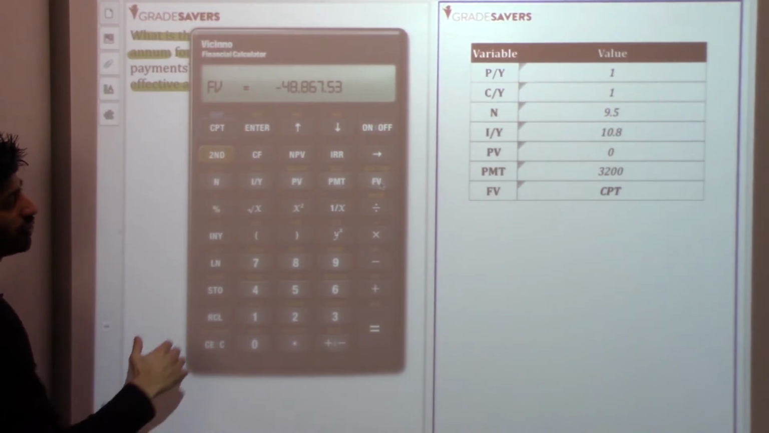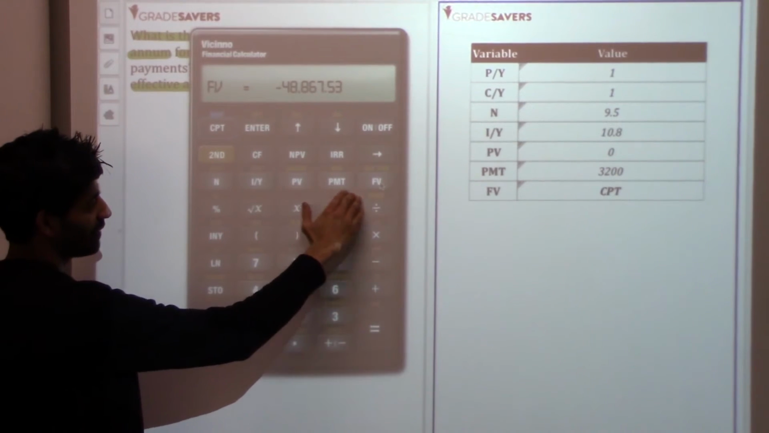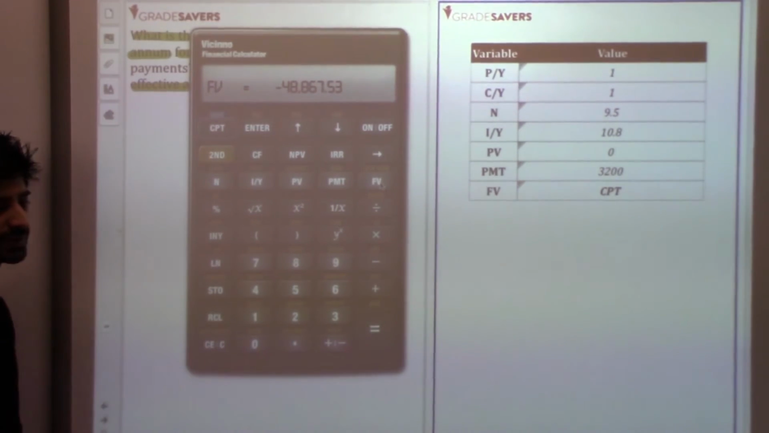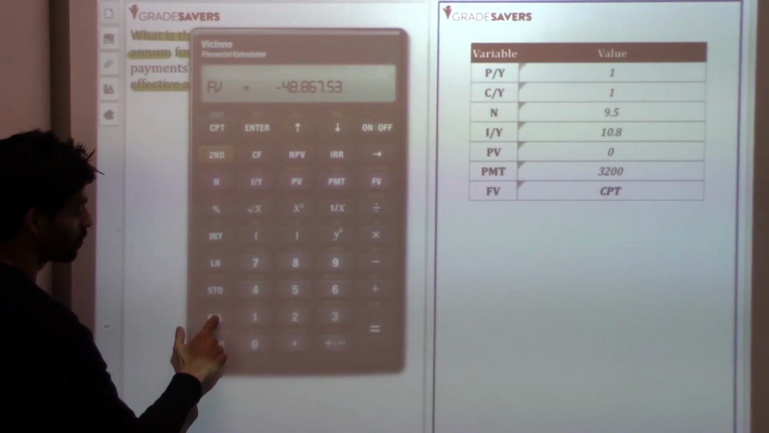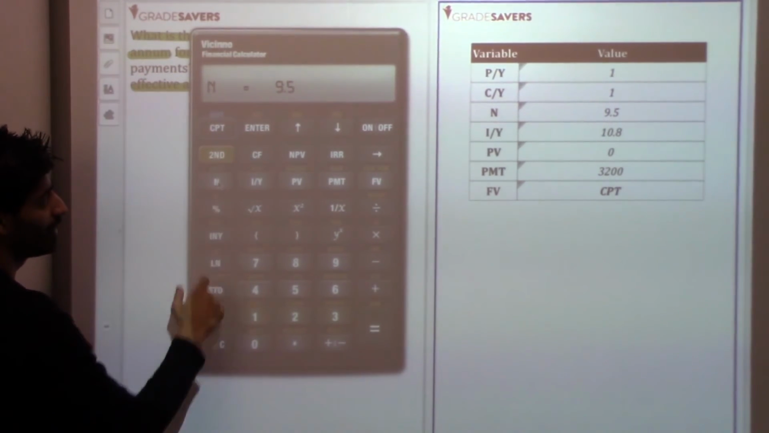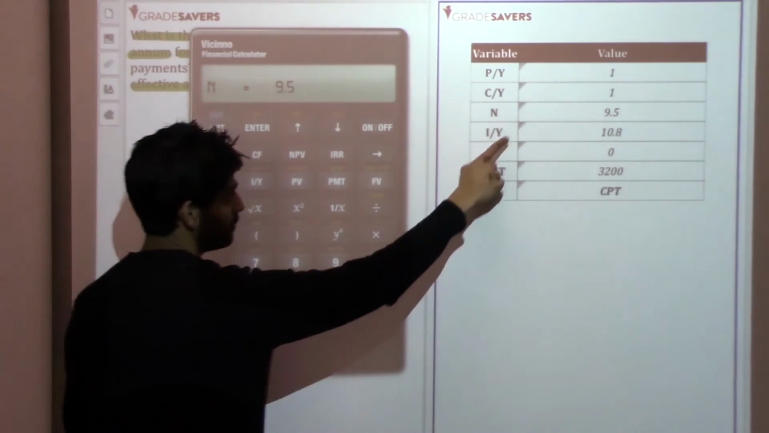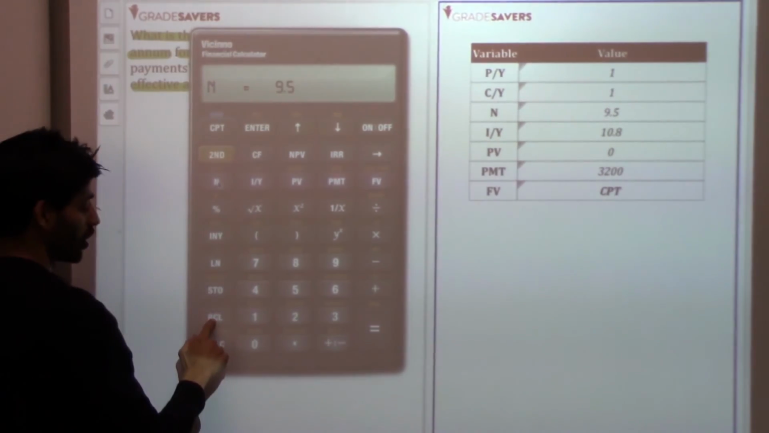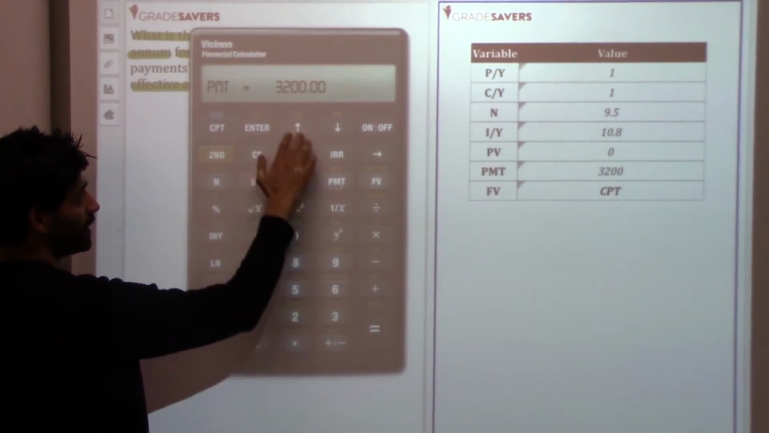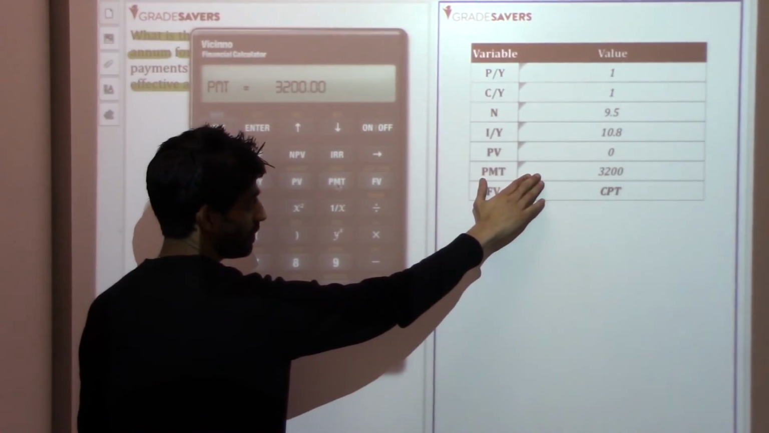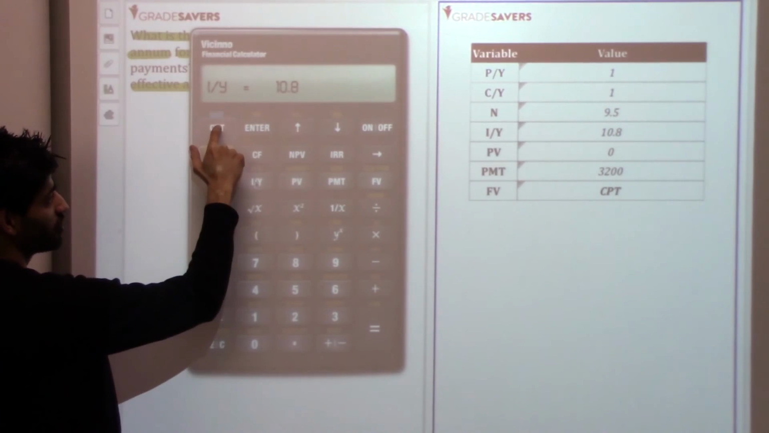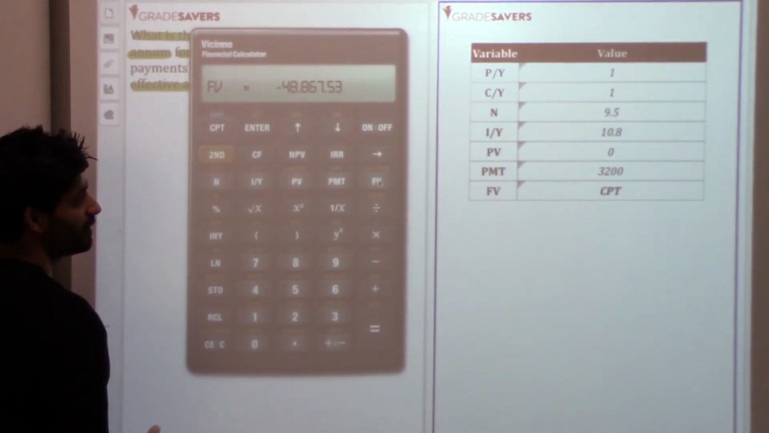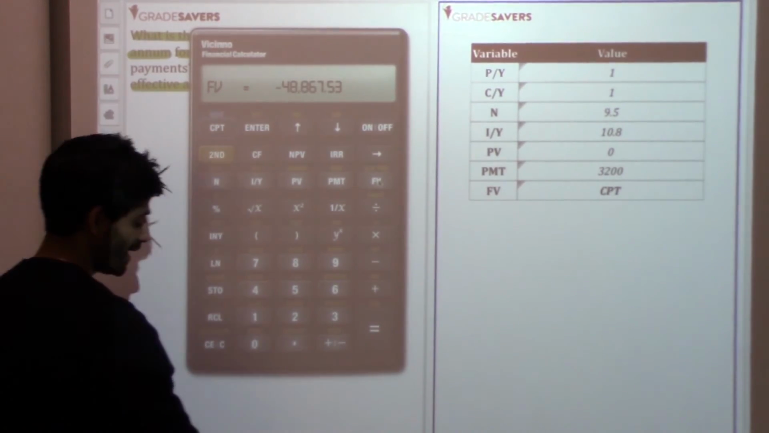Now let us imagine we are not convinced that these values are the correct ones. We can always recall the variables. We can press things like recall followed by N. It'll remind you what you plugged in for N. We can press recall followed by payment. It'll remind you what you plugged in for payment. Recall IY, and then we can just compute the missing variable. So here we get an answer of